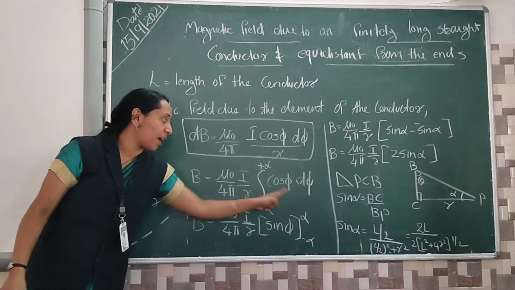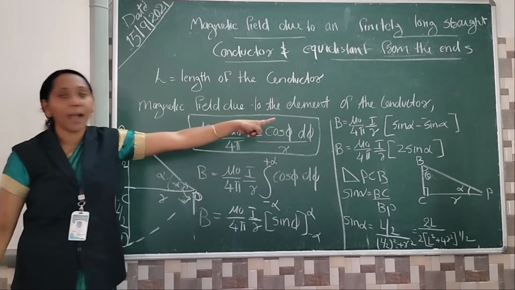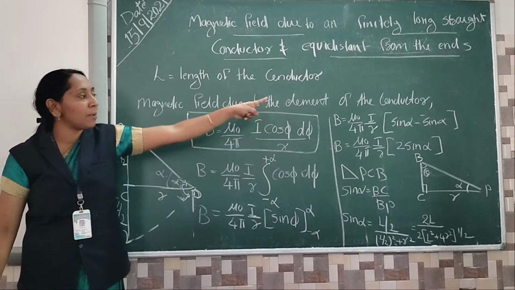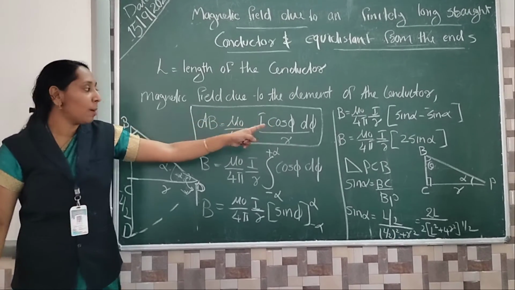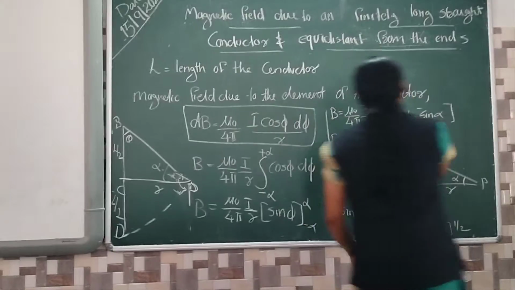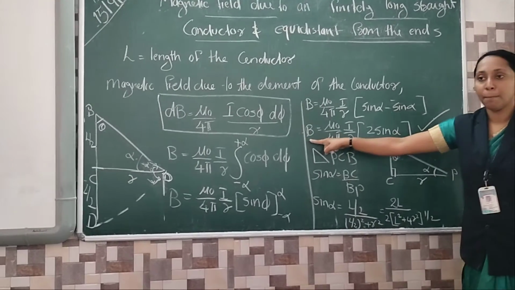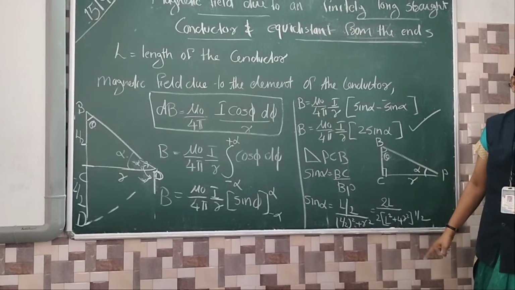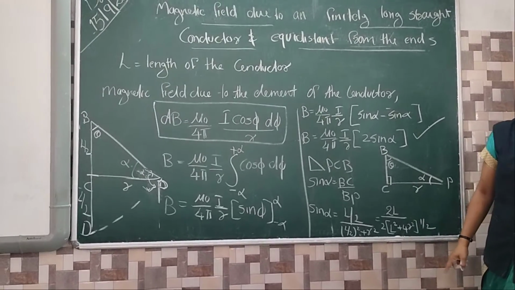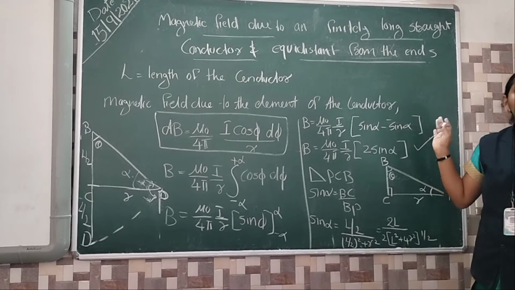Cos phi d phi. Cos phi का integral क्या है? Sin phi. Apply the limits. Upper limit minus lower limit. Lower limit में फिर भी एक minus है. Vivraj, minus of minus comes to plus. So sin alpha plus sin alpha, answer is 2 sin alpha. This is the B expression. Magnetic field in a finite conductor. Only one difference था, क्या है? Limit में difference था. What is the difference in the limit? Minus alpha to plus alpha we should consider here.